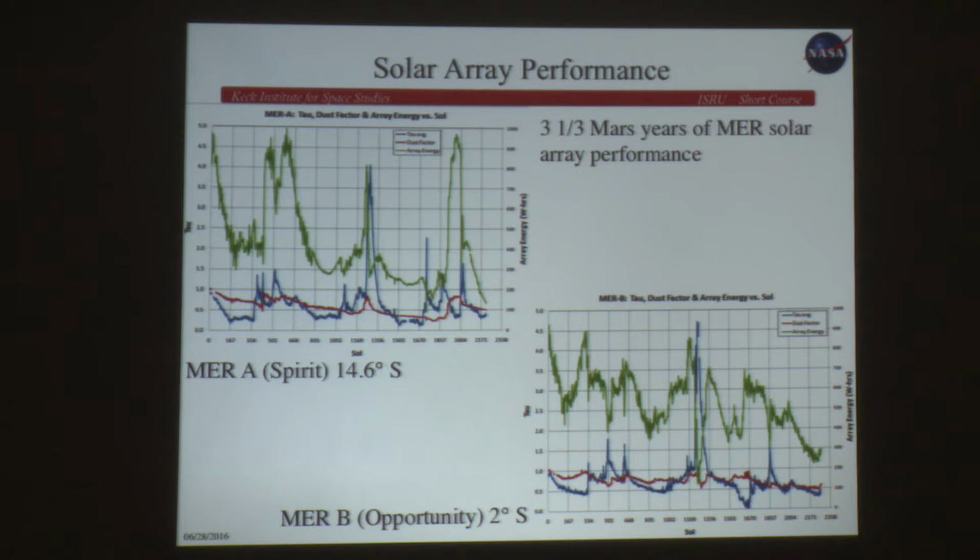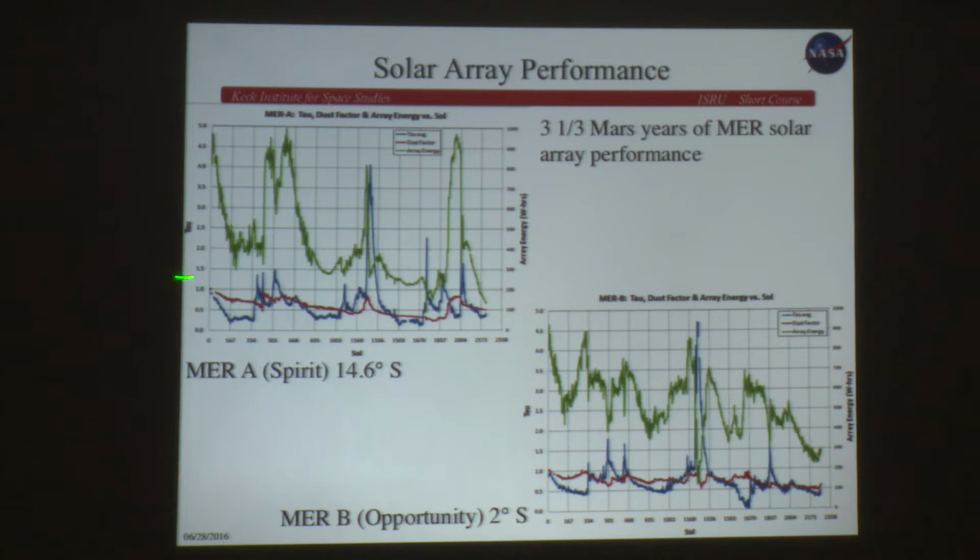This is a combination of a number of factors. The first factor is just the distance to the sun and its latitude and where the sun is relative to it. And the second factor, in blue, is how much dust there is in the atmosphere, and you'll notice that this varies quite a bit. Here is a peak during a global dust storm when you had almost a column opacity of 5, i.e. you couldn't really make out the disk of the sun itself from the rover. So that's another factor that strongly affects the amount of sunlight you get.